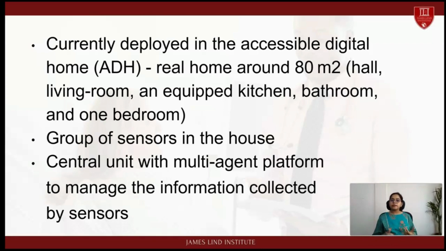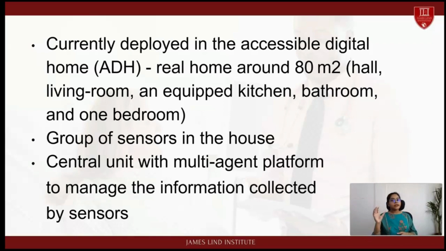It has a hall, it has bedroom, it has kitchen and bathroom. So this is a small home that was built by the researchers, and within that home they installed this Talisman system. So what they have done, basically they have installed different sensors within the home, within this ADH. So there are different sensors in every room that are